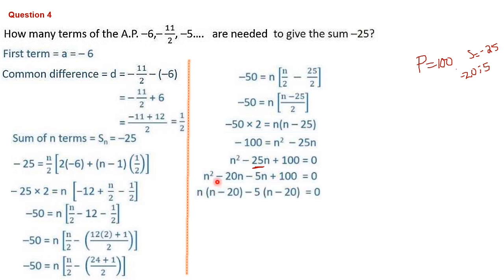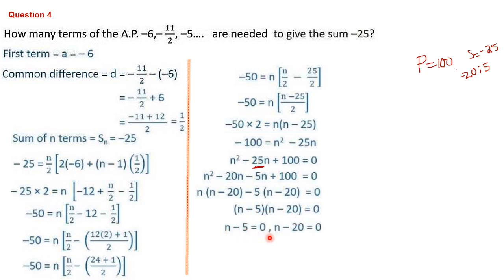Then in these two terms, n we can take out, n minus 20 is the balance. In these two terms minus 5 we can take out, so n minus 20. Here minus 5 we have taken common, so that's why this plus becomes minus. We have learned these things very clearly in class 10. In these two terms n minus 20 is common; if you take it out, in the first term n balance, in the second term 5 balance. So n minus 5 into n minus 20.